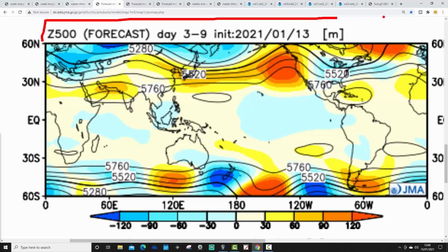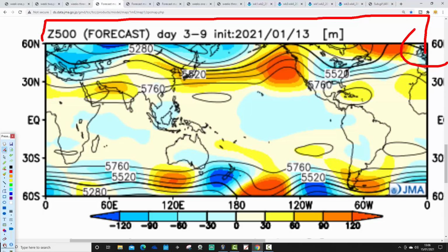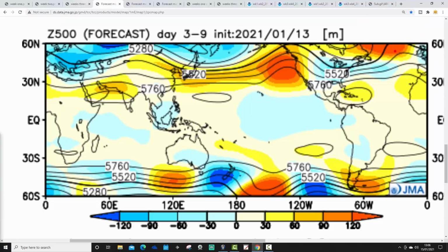They've got a chart up here, but have a look at that view down so we know what's going on. The British Isles is in the top right-hand corner of the chart as you're looking at it. A reminder of the week 1, 500 millibar height anomaly, with a trough of low pressure sitting over and to the east of the country, combined with a mid-Atlantic ridge extending back to northern blocking, which could be pulling in the winds from the north